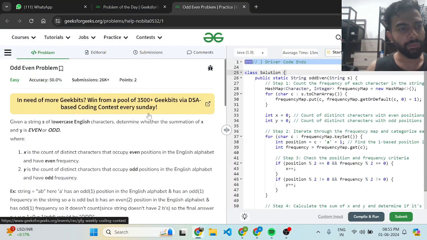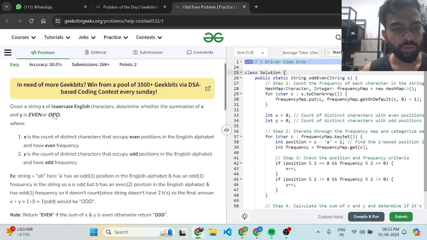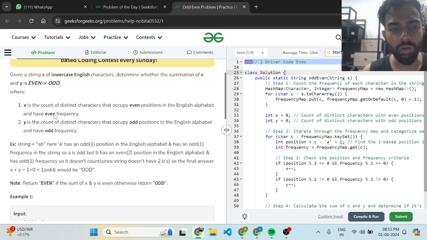Good evening, guys. Today we are back with another problem, and today's problem is based on strings. In the string problem, we will be given a string s which has lowercase English characters, and we have to determine whether the summation of x and y is even or odd. What we can see is x is the count of the distinct characters that occupy the even positions